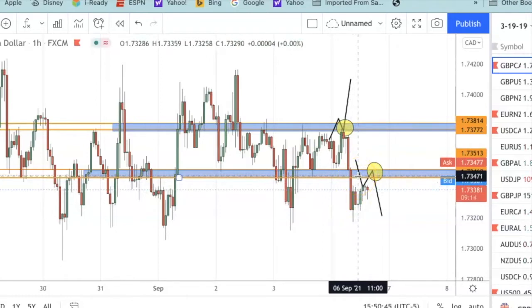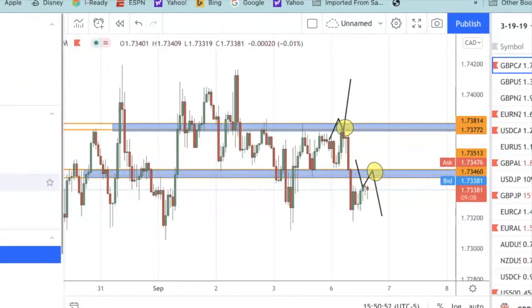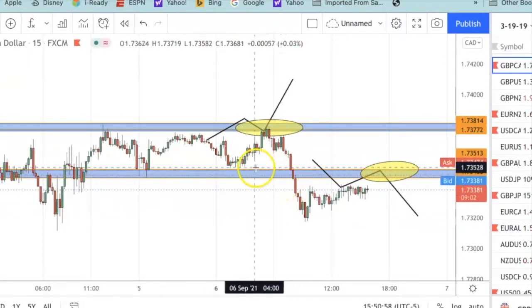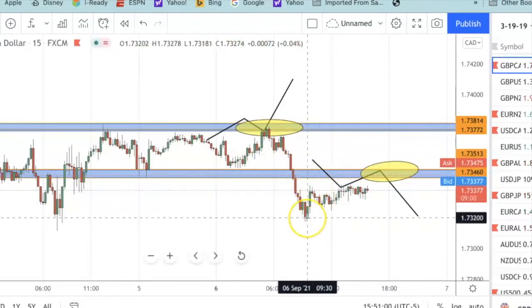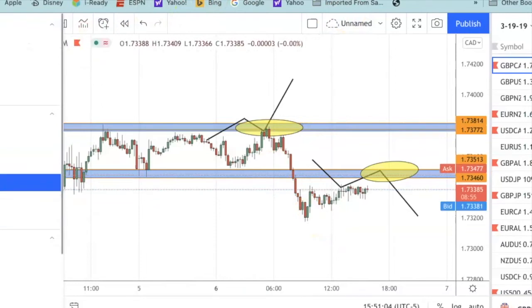For somebody else, maybe they just wanted to break and close, and on a smaller time frame, they possibly got in. If you go look on a smaller time frame, you can say, oh, here it is, we closed up here on the 15-minute. Maybe that was an indicator for someone to go in, but I needed it to break out, retest, and continue down to enter that trade. Now let me show you an example of price action in the past.